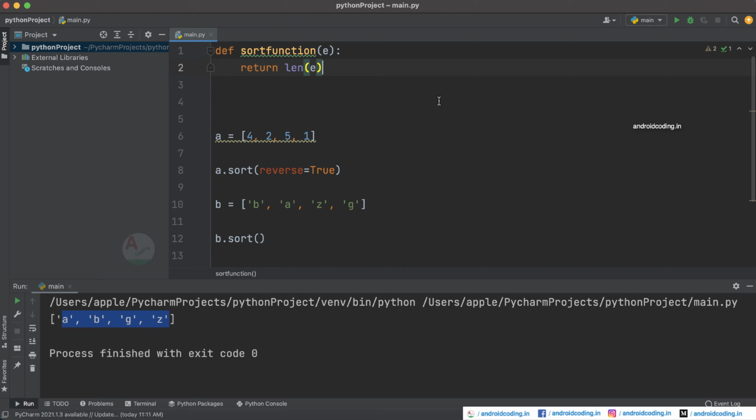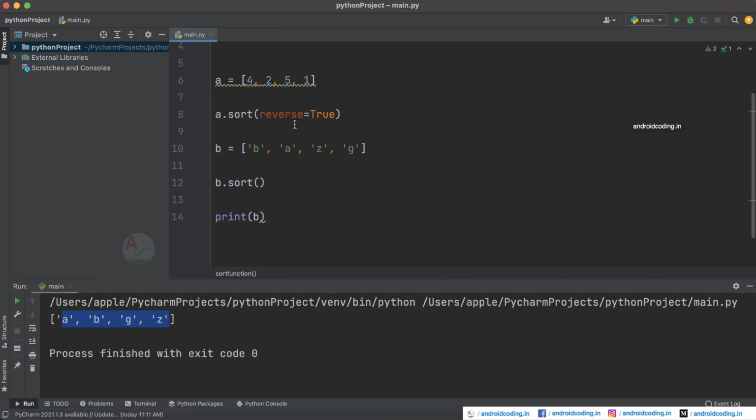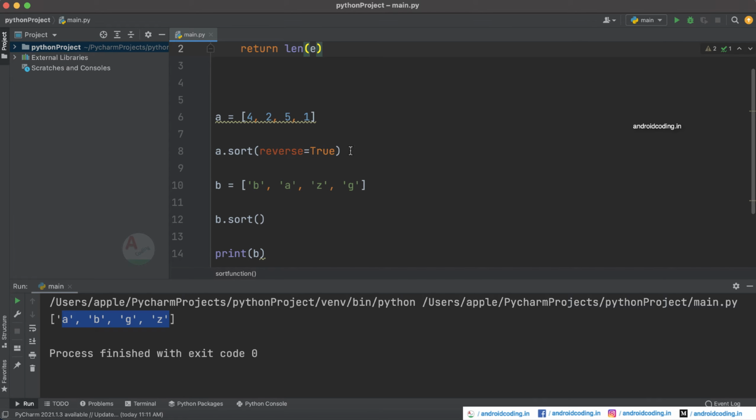To explain this example, I would like to consider words instead of single letters here. So ABC, and ABC, here I will be considering D also, and E, T, and okay, let it be G